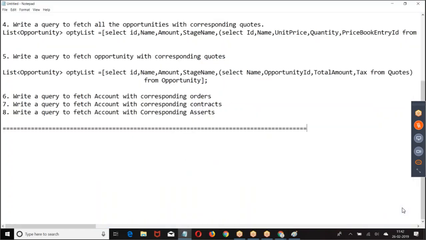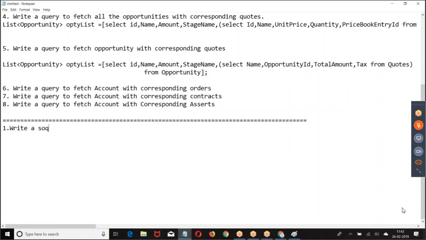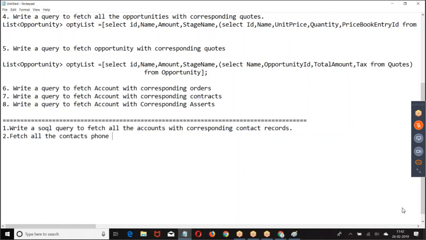Okay. Now, try to get this requirement. Write a SOQL query to fetch all the accounts with the corresponding contact records. Fetch all the contacts' phone numbers, put them in a separate list.